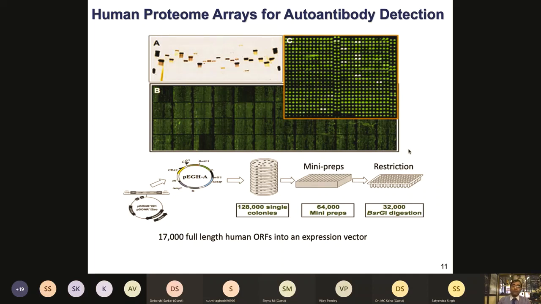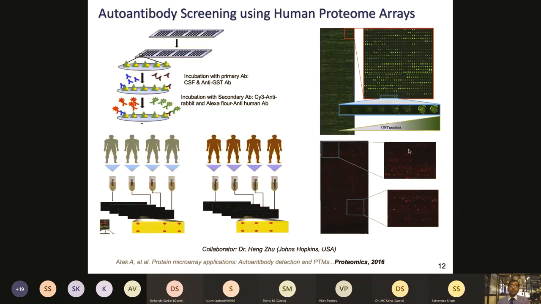So you can actually generate high quality data with some small effort. In this case, we were looking at can we use autoantibody screening on human proteome arrays for cancer? There are some previous investigations on breast cancer and ovarian cancer, which have shown that in cancer as well, the autoantibodies can be produced, and one could screen those on the arrays. And we had done some similar work on the NAPA in the past as well.